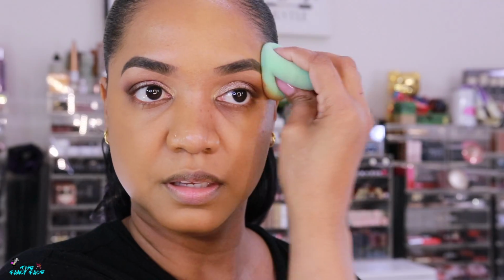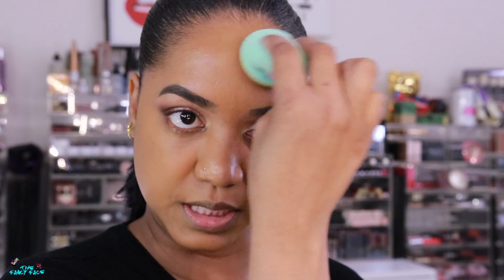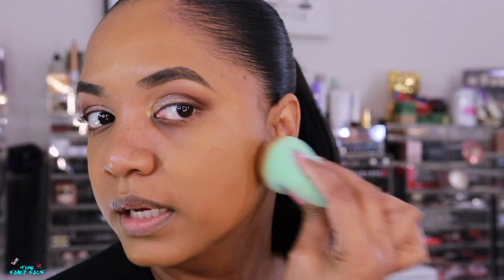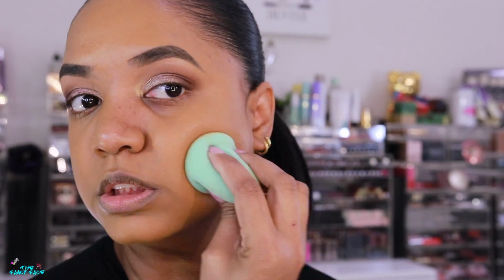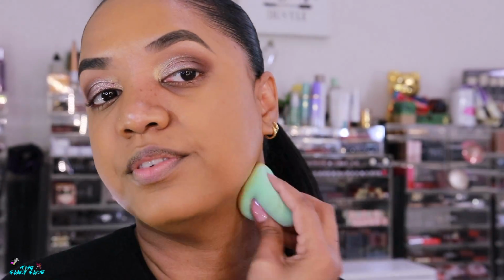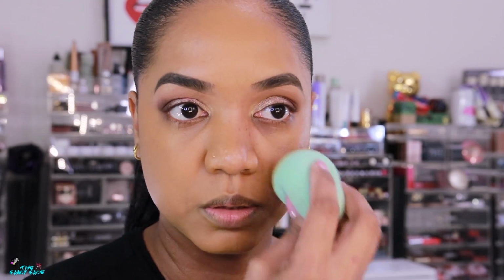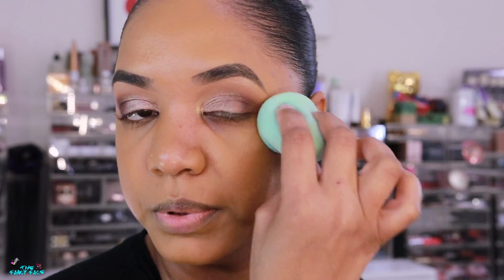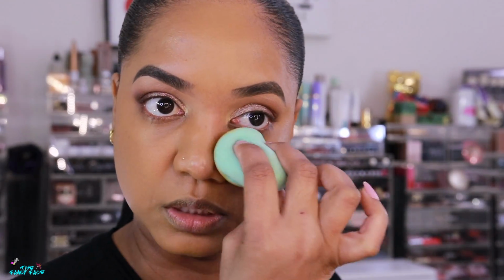And I think the coverage is still pretty decent with the sponge. Look at that. This is applying really nicely with a sponge. Since I've been doing these foundation reviews, guys, I am almost, not quite converted, but I am almost loving the way a sponge applies foundation now. I am a brush girl when it comes to foundation, but I do like the result with a sponge as